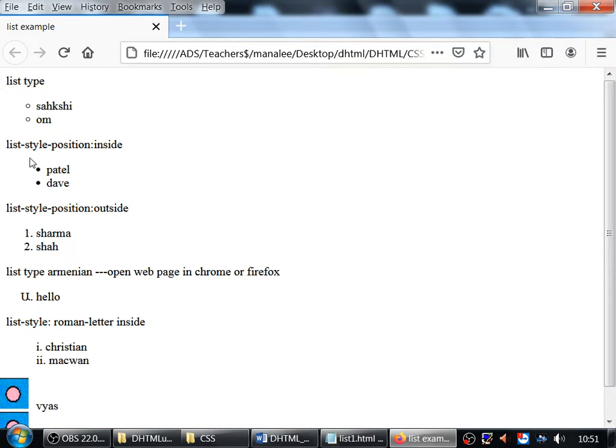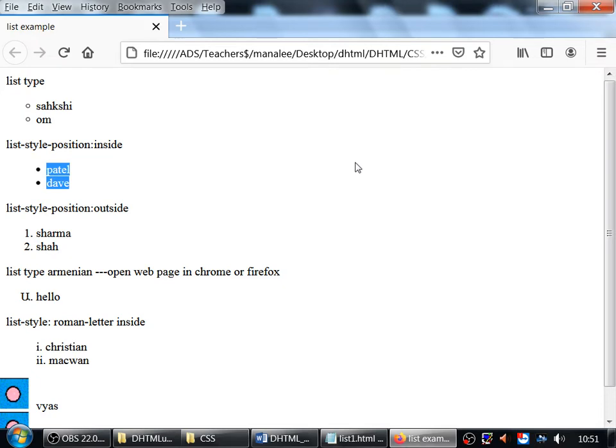Okay. The next we have list-style-position: inside. It is just the title. So in this list I have used list-style-position as the CSS property and the value which I have used is inside. So you can see the normal alignment of the list and this is the inside position. So, slightly under the net.